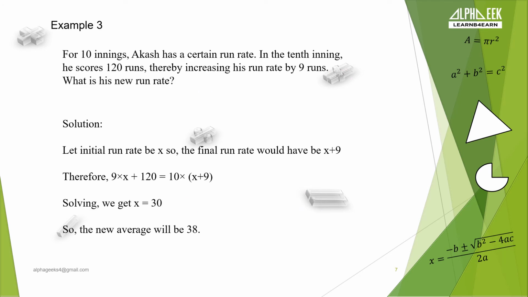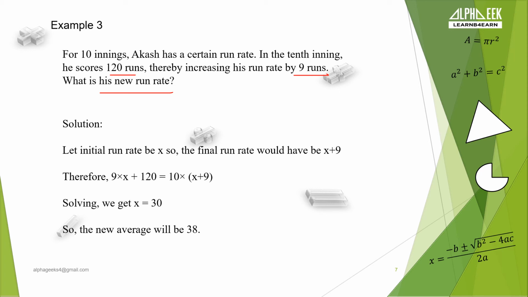Example number 3. So let's read the question. For 10 innings, Akash has a certain run rate. In the 10th inning, he scores 120 runs, thereby increasing his run rate by 9 runs. What is his new run rate? So we know that Akash is scoring 120 runs and increasing his run rate by 9 runs in his 10th inning. So we don't know what the run rate till the 9th inning is, and we don't know what it will be after the end of the 10th inning,